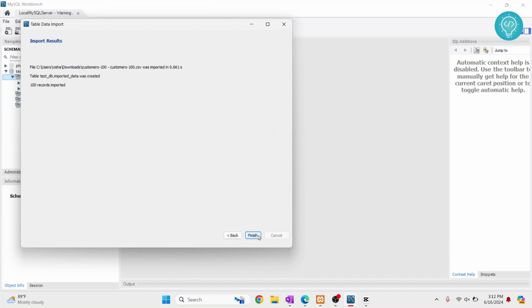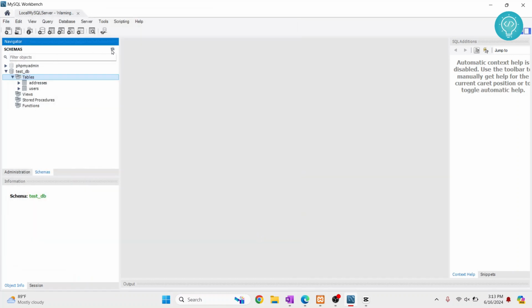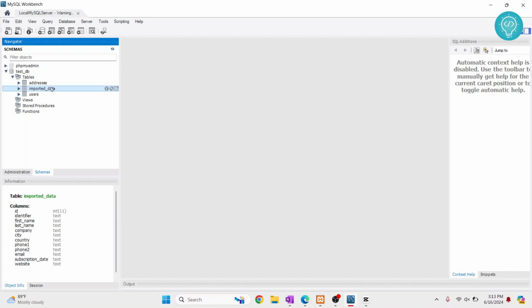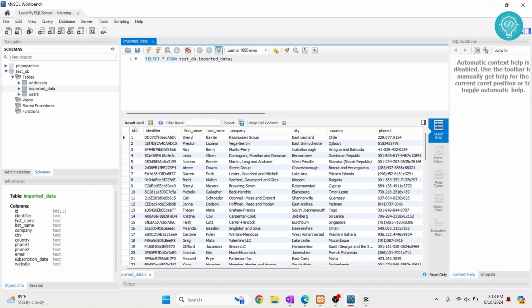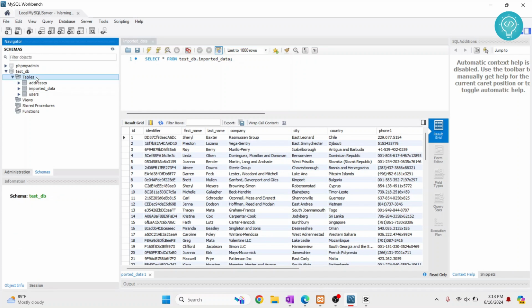Now click Next, click on Finish, and click on this button here to refresh, and here you will see imported data is now visible. If I click on this button next to it, as you can see, the data is now imported. Now if you want to import to an existing table, what you can do is, again, let's right